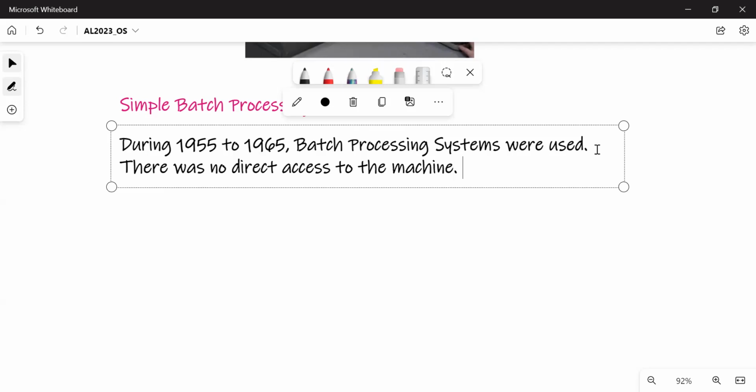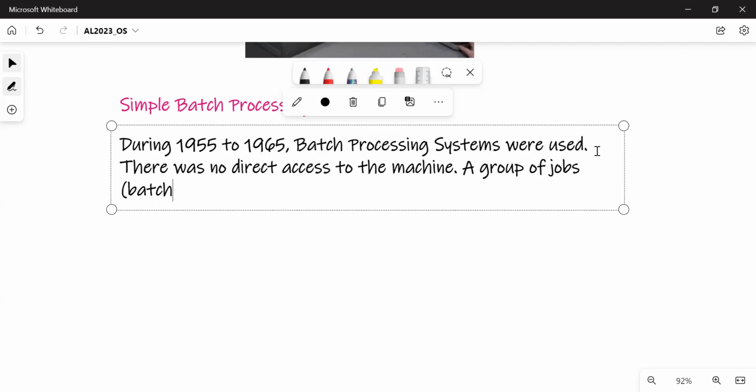Direct access means early days, programs directly involved with the hardware. Now, by 1955 to 65, there's no direct access. A group of jobs we call a batch. That's what we call batch.